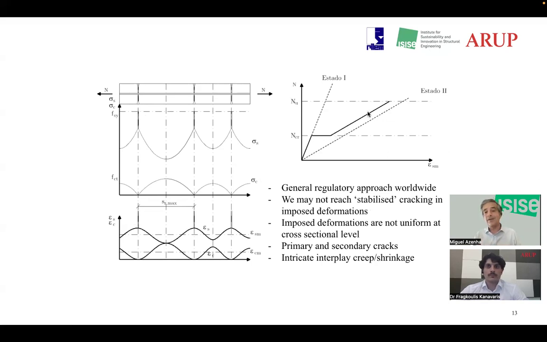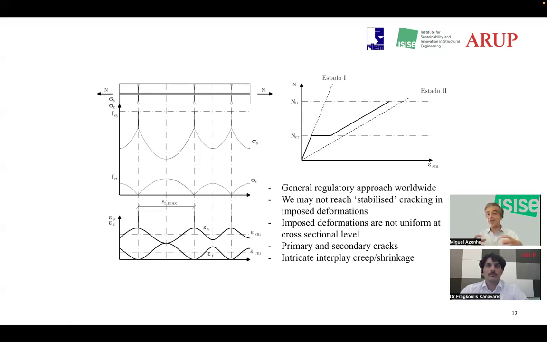So we have a stiffness that is now not affected by the development of new cracks, but we call this the stabilized cracking stage. And we have a behavior very similar to the bare steel covered by a little bit of concrete here and there. And nowadays, the calculation of strains and crack widths in all regulations worldwide are generally devoted to this stage, which is called the stabilized cracking stage. And this is one of the challenges that we suffer in the art of cracking of concrete in service.